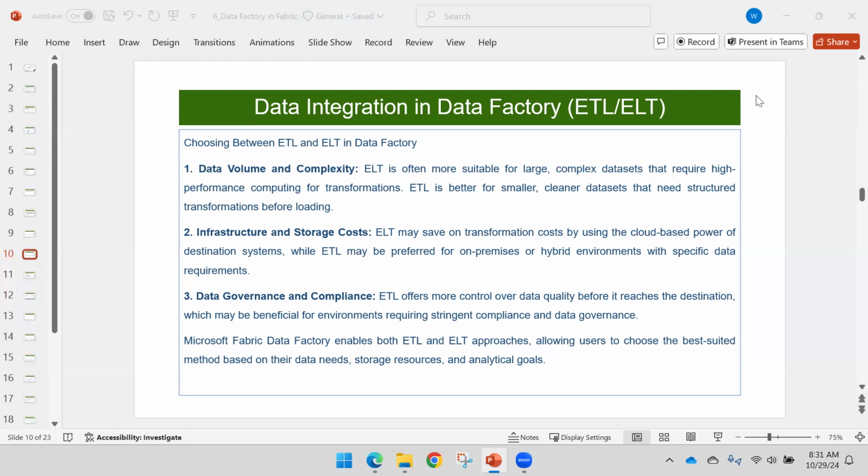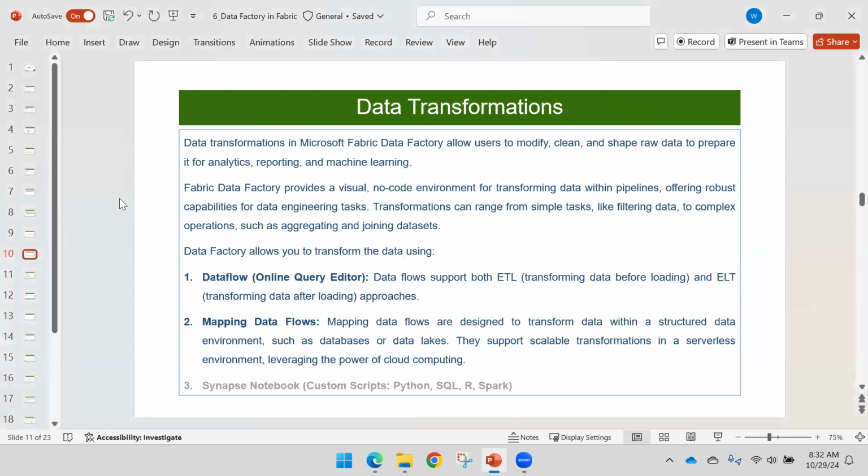So Microsoft Fabric enables both ETL and ELT approaches, allowing users to choose the best suited method as per their needs, storage resources and analytics goal. You can define what method you want to use for the data integration purpose. Okay. Then data transformations: you can do them using the online query editor, meaning the data flow,